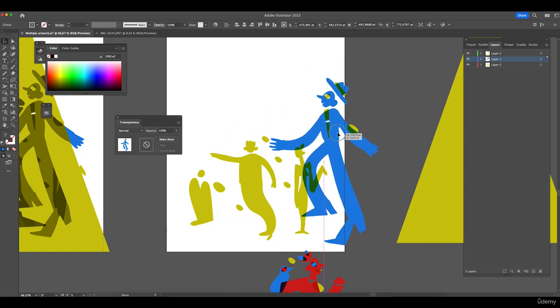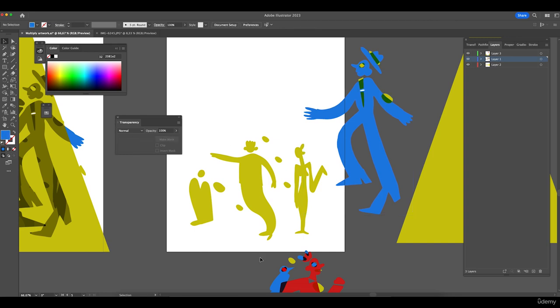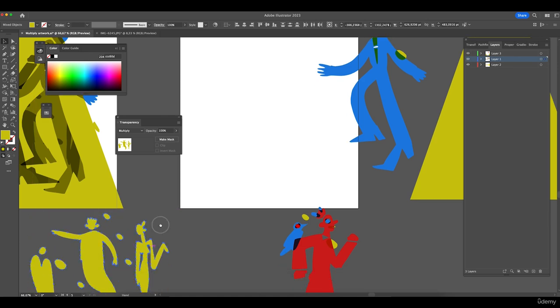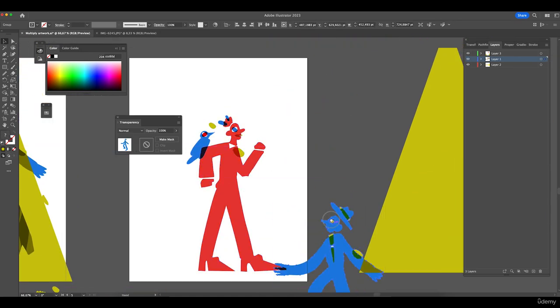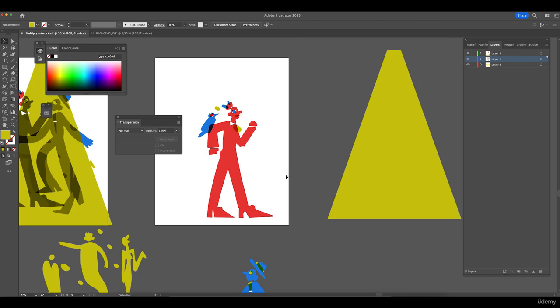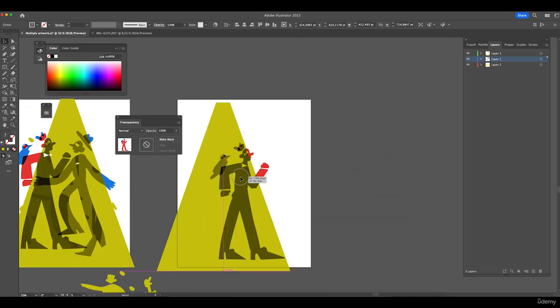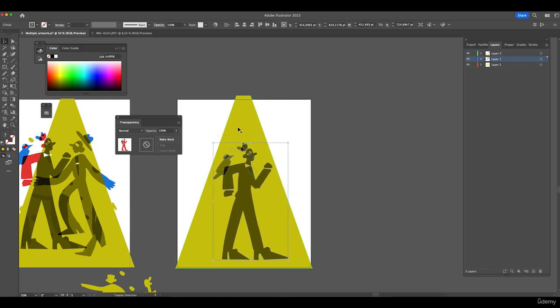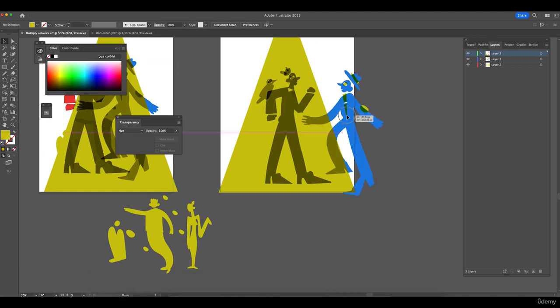And then let me just try and make my point here. I'm going to do this. So this will then make it look like he's kind of in his own world, where everyone else is kind of around him in color. So you can have